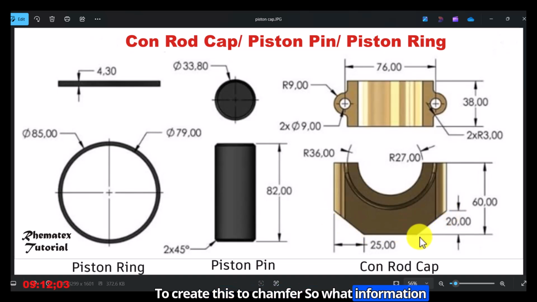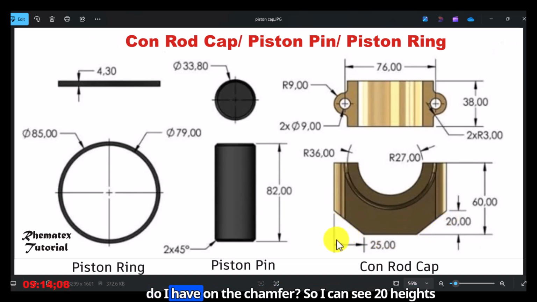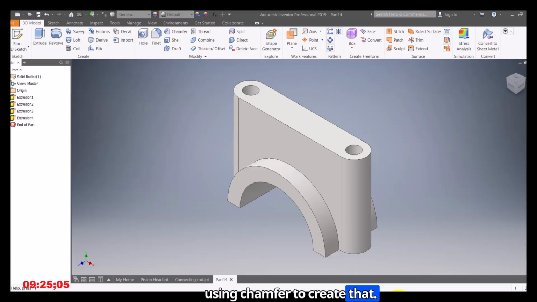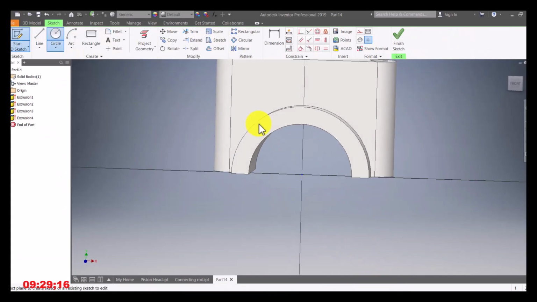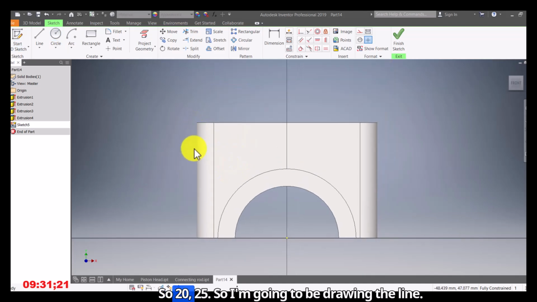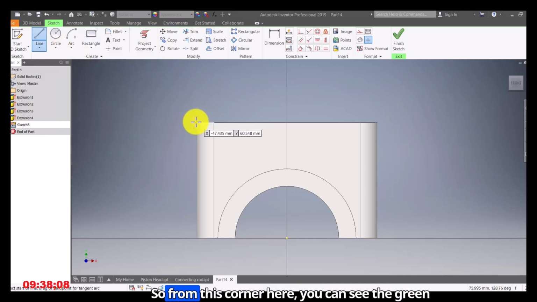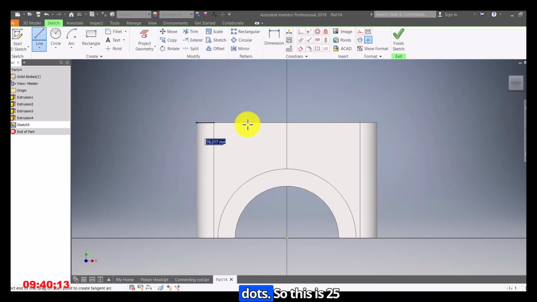So what information do I have on the chamfer? So I can see 20 height, then 25 on the side. So 20, 25. I'm going to be using chamfer to create that. So start the sketch, select this plane. So 20, 25. So I'm going to be drawing a line, use line. So from this corner here, you can see the green dots. So this is 25,